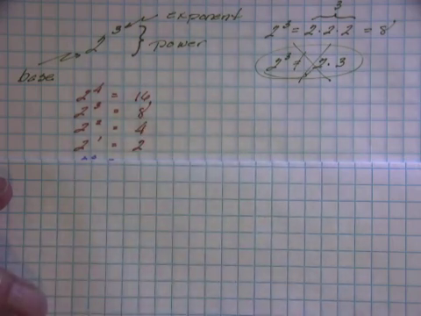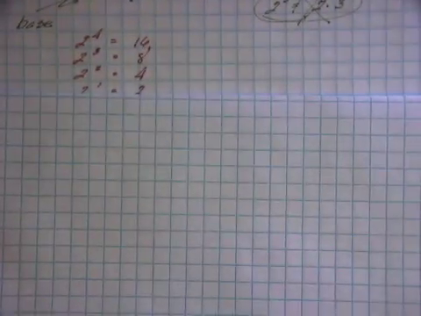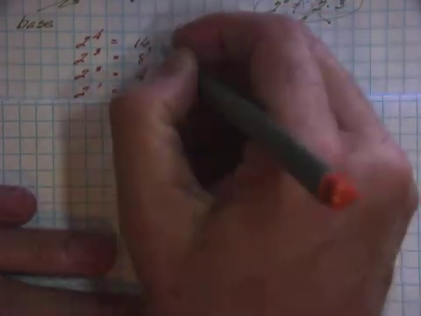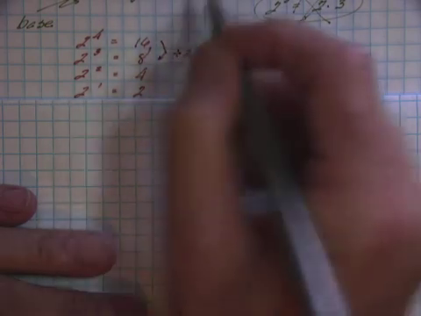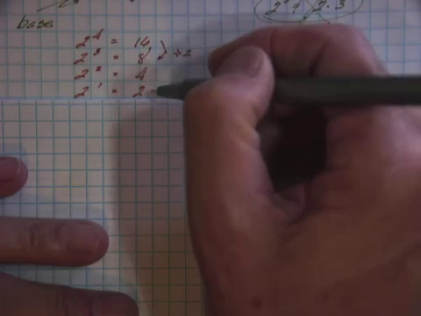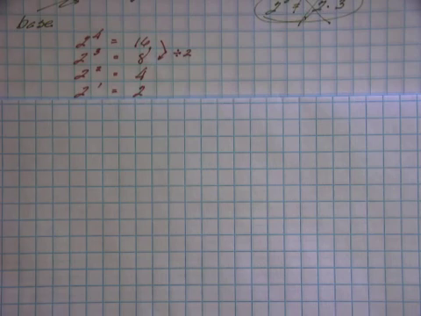And 2 to the first is 2. So if we look at this as a pattern, we can see the exponent's going down by 1, and the answer is being divided by 2 each time. 16 divided by 2 is 8, 8 divided by 2 is 4, 4 divided by 2 is 2, and the next one